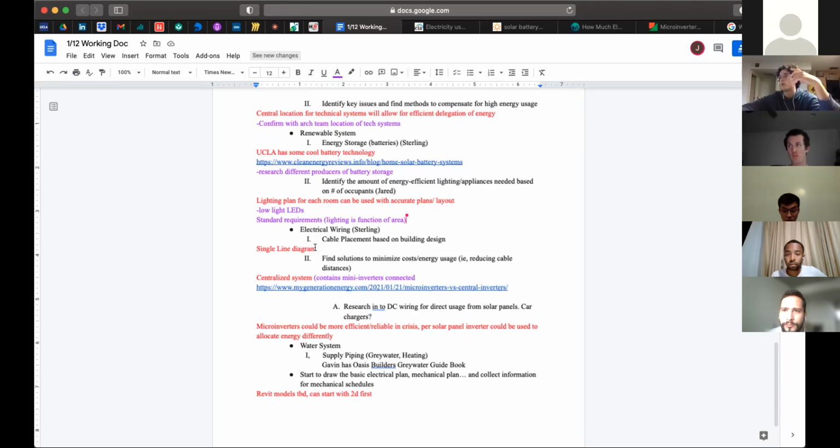If we could do that to get a more accurate layout, it's going to play into where we put some of these plug loads and appliances. I'm not sure if we need to go that in depth for this competition, but it's just something I thought of